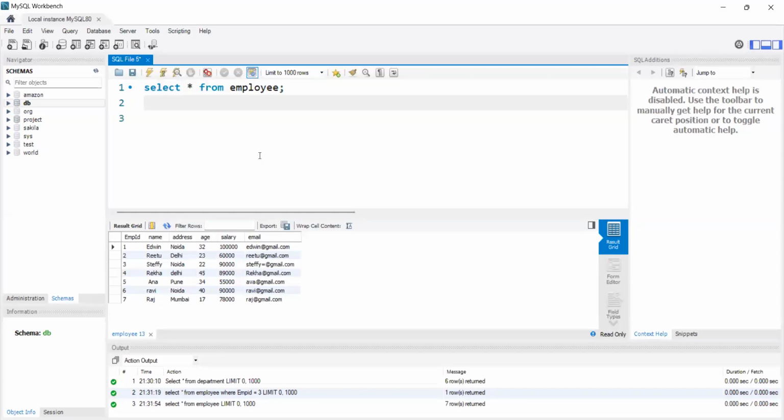Just like we had a command in order to insert the values in the table, then we have to